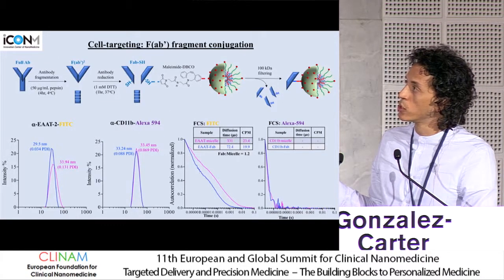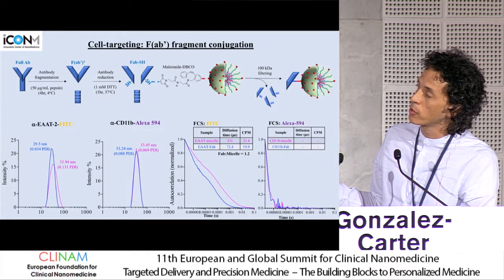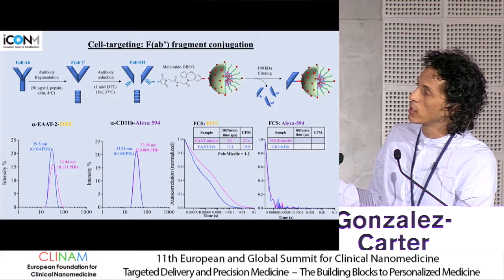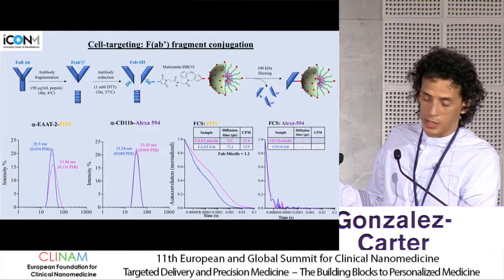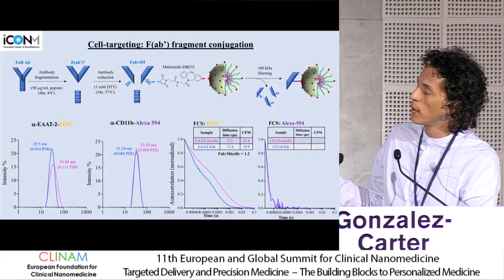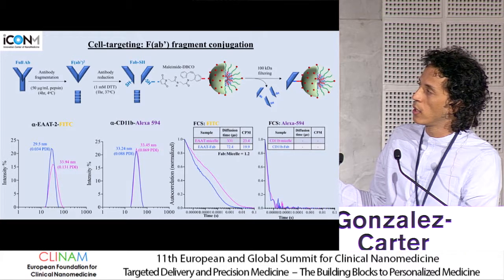We next wanted to do cell targeting, and so we chose anti-excitatory amino acid transporter 2 antibody conjugated to FITC, and we digested this to fragment it to the Fab fragment, and we bound this to the micelles. And again, you can see that there is an increase in size with retention of low PDI and corroboration of protein binding onto the micelle by fluorescence correlation spectroscopy, and by the counts per molecule, we calculate there are about 1.2 antibodies per